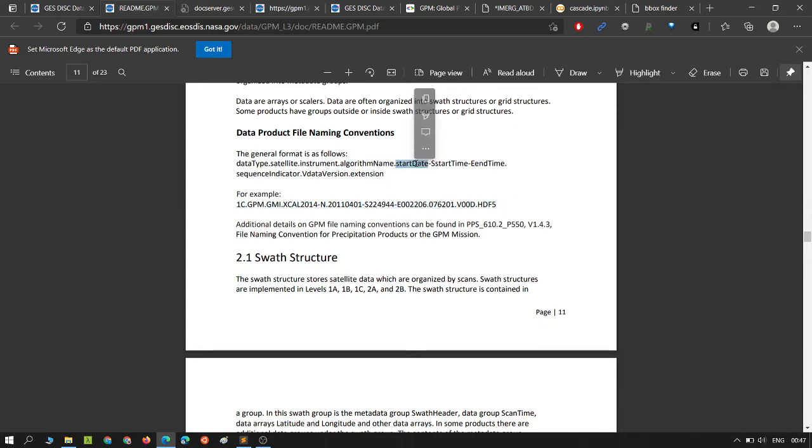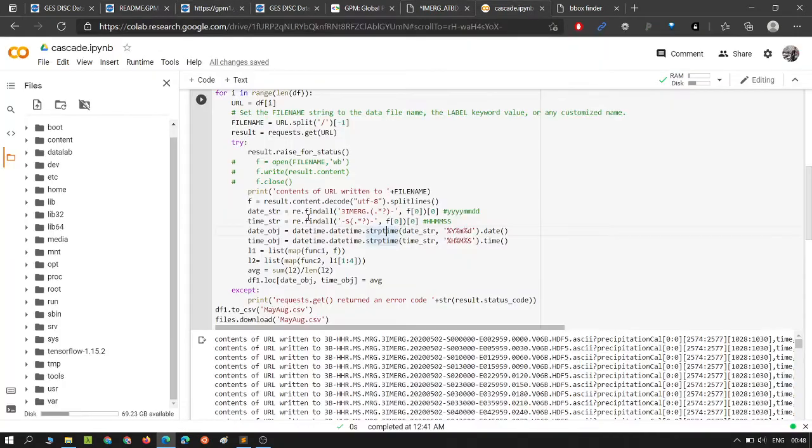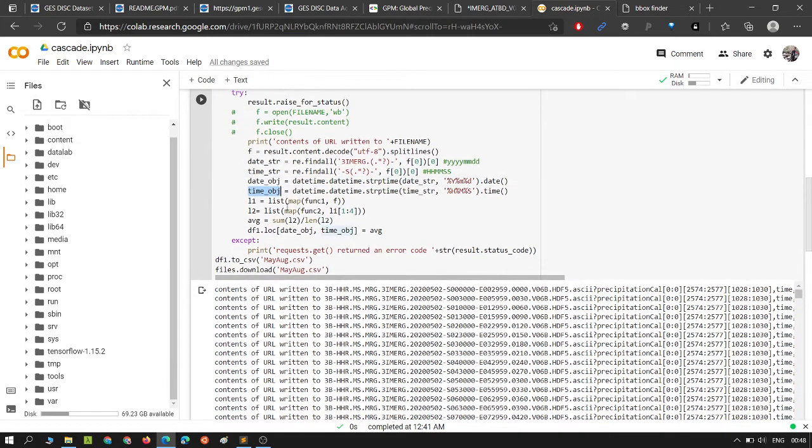They tell you that start date and start time is given from here, and this is the end time. So this is what is essential for our processing. So we go back, we find the date first, we find the time next. It is just creating a datetime object so that it can be read. So this is in string and this is in the datetime object so that Python can read it. This is in time format. Then we process it. We can discuss later as to what this means.